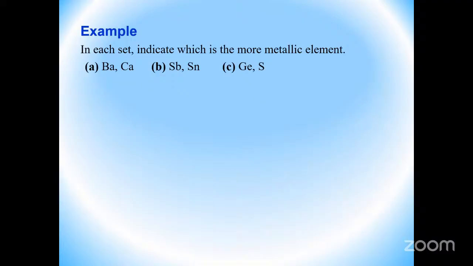Between barium and calcium, which would you expect to be more metallic? Barium, exactly. What about between tin and antimony? Which would you expect to be more metallic? Okay, tin and antimony are in the same period, but tin is to the left. So, exactly. And then you have germanium and sulfur. Which of those two would you expect to be more metallic? Germanium, exactly. All right. So yeah, questions like that you should be able to do based on understanding and knowing